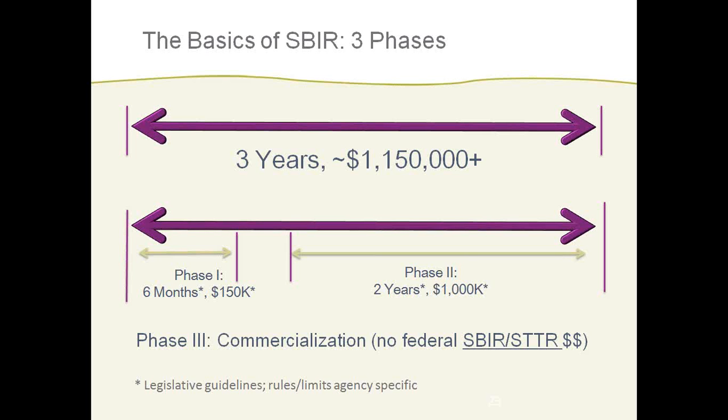An overall SBIR STTR project typically is done over a period of 3 to 4 years, and typically $1 million to $1.5 million is how much money you'll get. That's not an insubstantial amount of money, and companies can build portfolios of SBIR and STTR. So for example, if you're developing a therapeutic, you might have a set of SBIR or STTR awards to do the